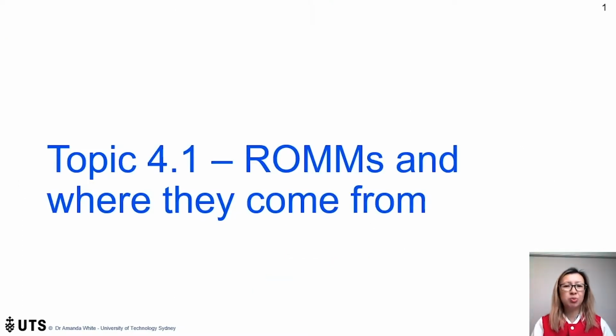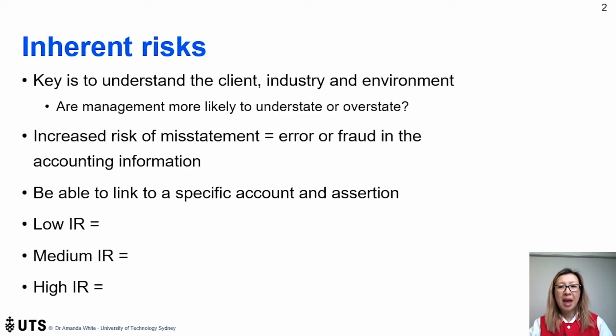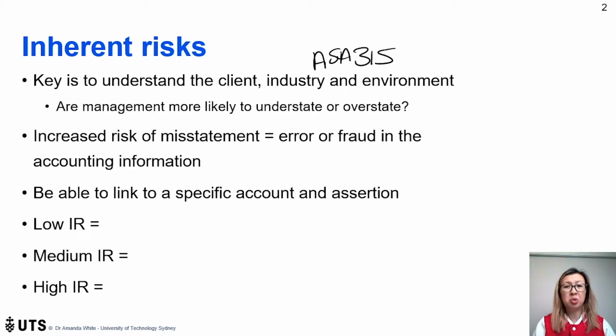So our first real meaty topic today is the ROMMs and where they come from. Remember, ROMM stands for Risk of Material Misstatements. Now remember, from our inherent risks, the key is to understand the client, the industry, and the environment. And if you go back into ASA 315, there's plenty of information about what we need to know, and you need to be able to know how to do that research, to do some of the searching, to go into the back of ASA 315 and figure out what do I need to know about an industry, about a client,